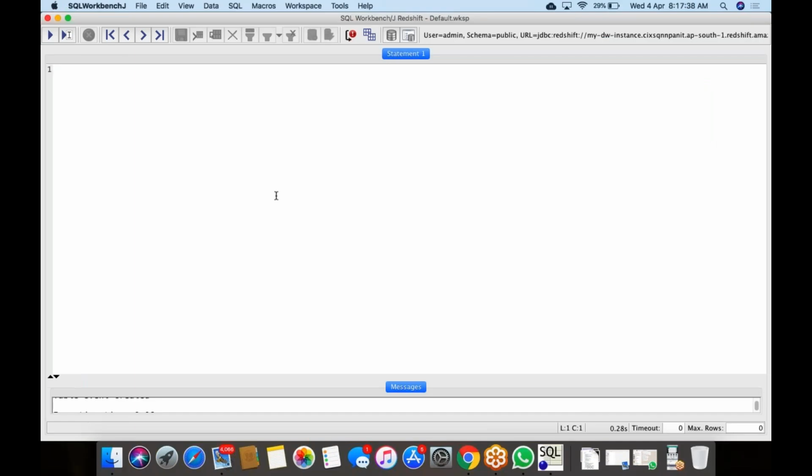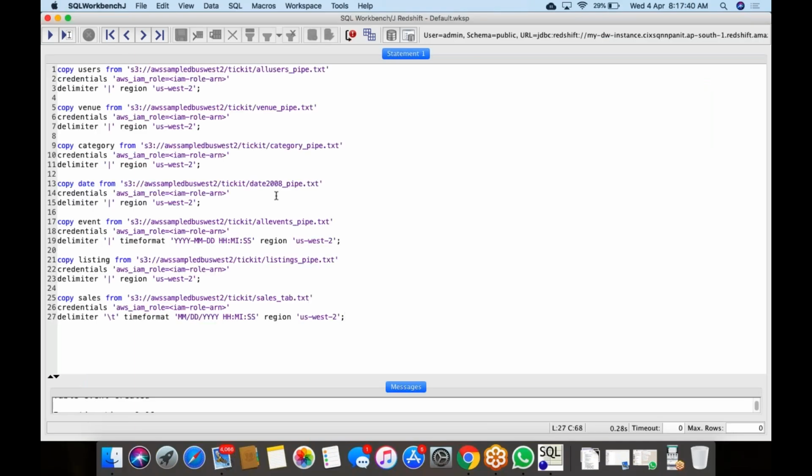So I will copy and paste all these. Fine. Now, before asking you to run this command, I will explain the syntax and the meaning of this command. Copy means it will copy the data to the users table. From this will be the file. So this is the file location. Copy the data from this file to this user table, where the